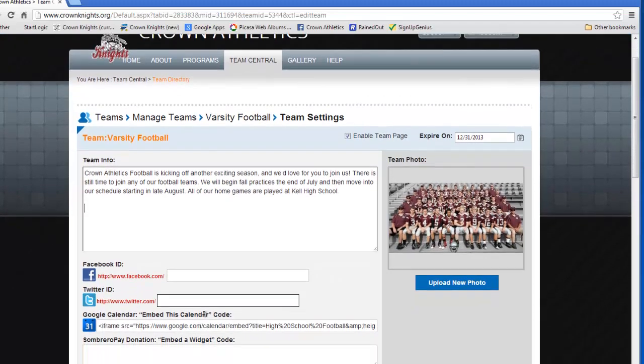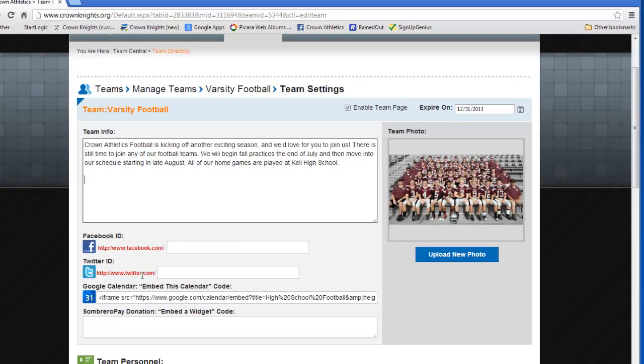And next you'll see an area where we can do some tying into social media like Facebook or Twitter. We currently don't have a Twitter account, but if we do decide to add that, we can put in our Twitter ID here. But we do have a Facebook page we'd like to link in, so let's do that. The name of our Facebook page is Crown Athletics Football, and you'll see I've already got that selected in my browser there, so I'll put that in. And why don't we go ahead and update what we have, and we'll show you that. So let's click on Update,